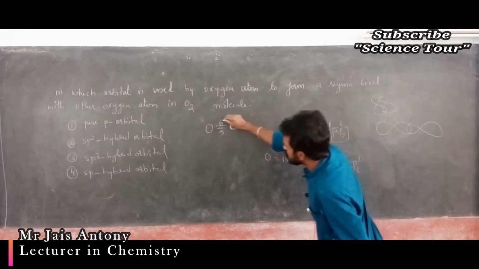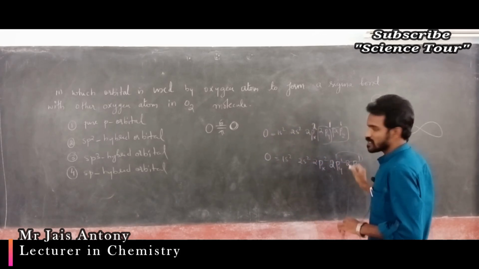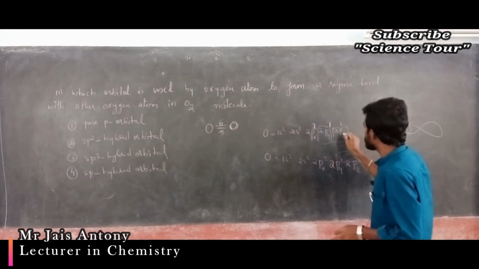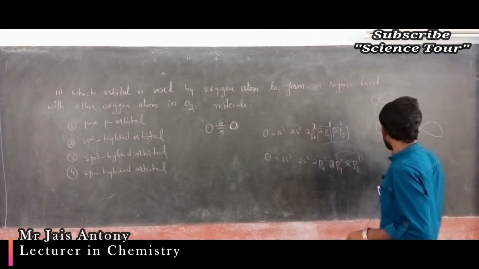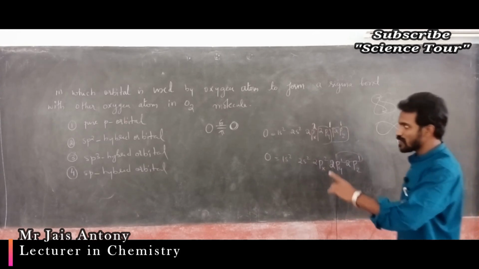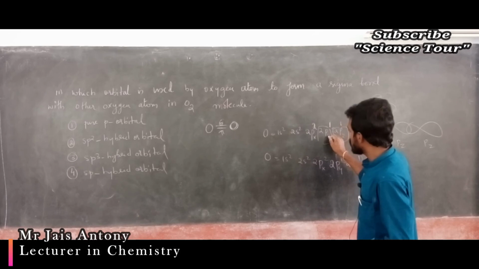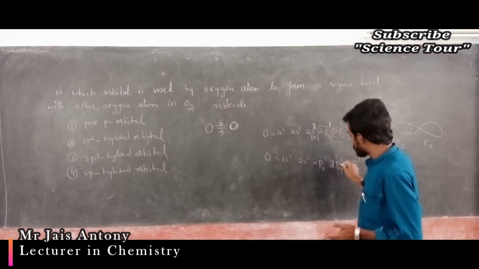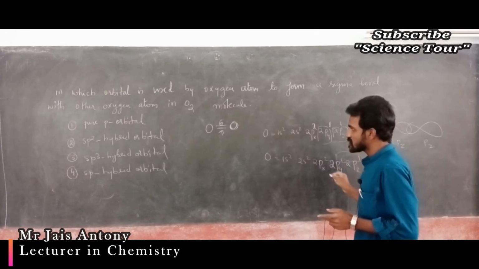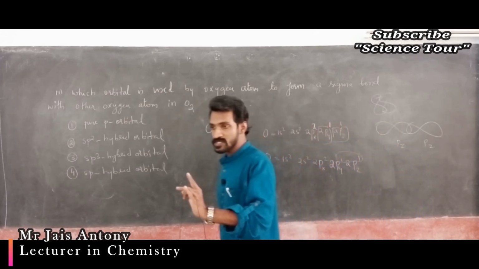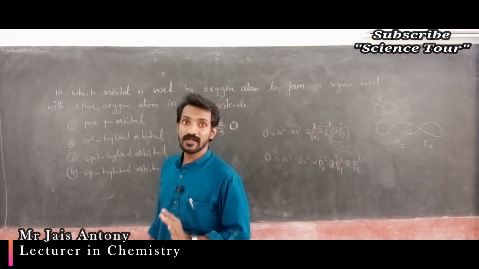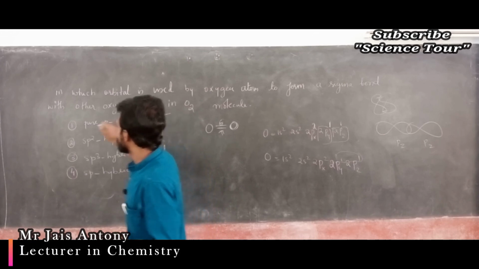So one pi bond is because of p orbital, and one sigma bond is also because of p orbital only. The pz orbital combines along this axis, understood? So one sigma bond and one pi bond are formed because of p orbitals. Py combines and forms the pi bond, or pz combines, it gives the sigma bond. So both the sigma bond and the pi bond are because of pure p orbital.